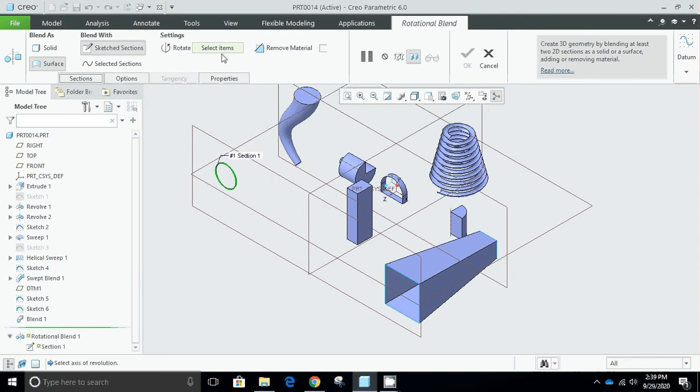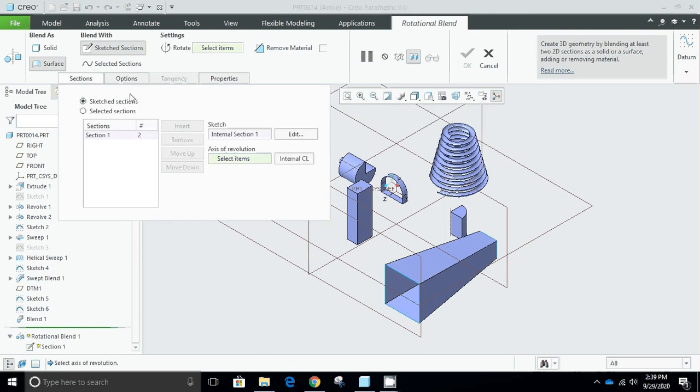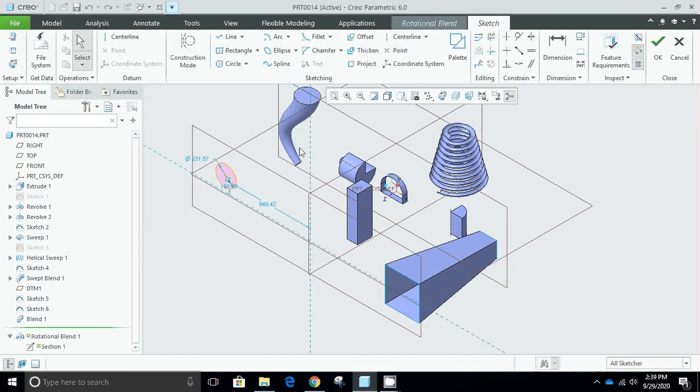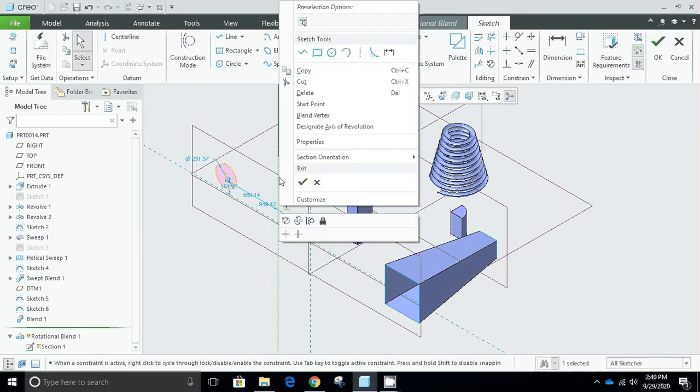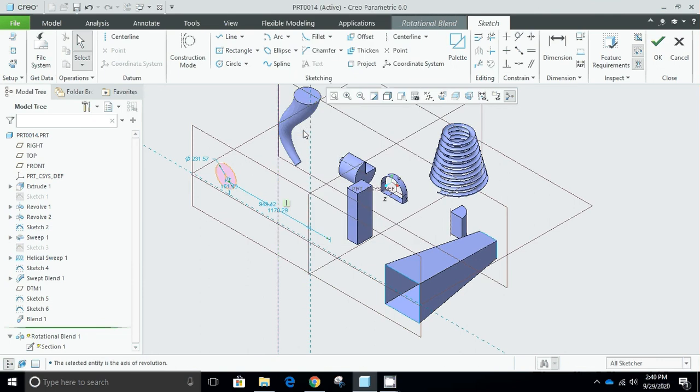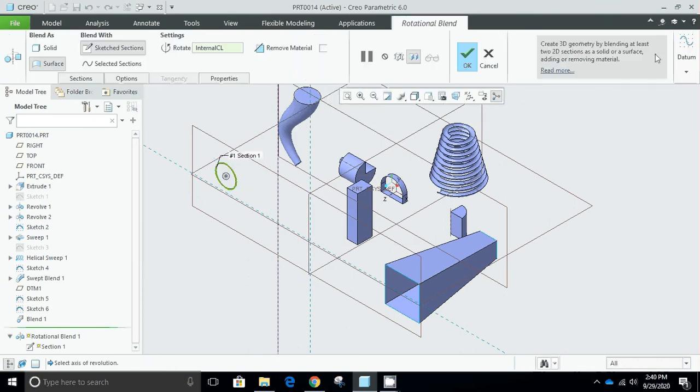And of course, we have to select the axis of rotation. So again, we will go to sections and edit this sketch and create a center line which will act as its center of rotation. And if you select this and right click it and designate it as axis of revolution, press OK,